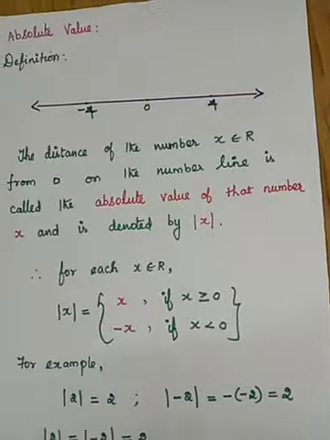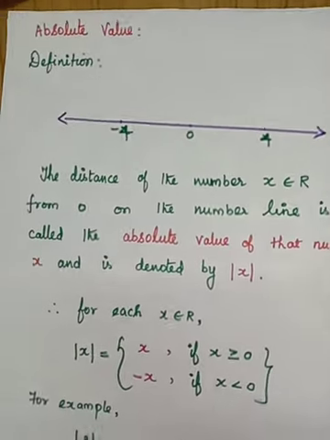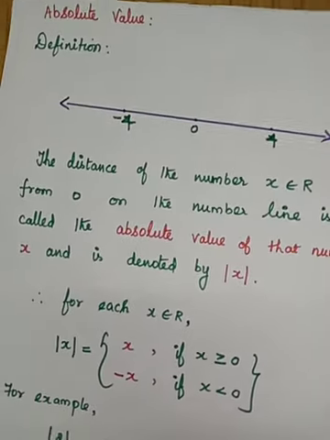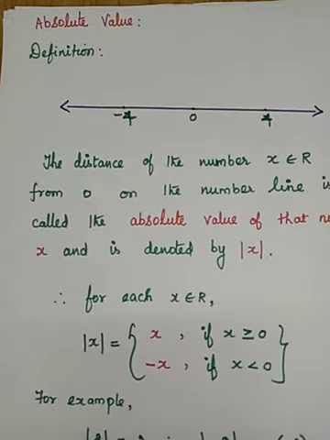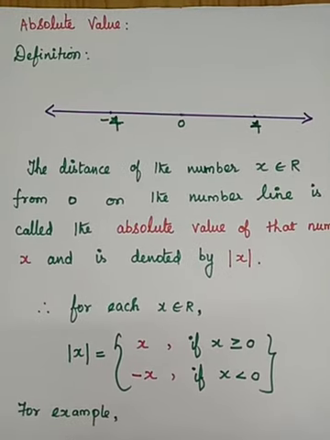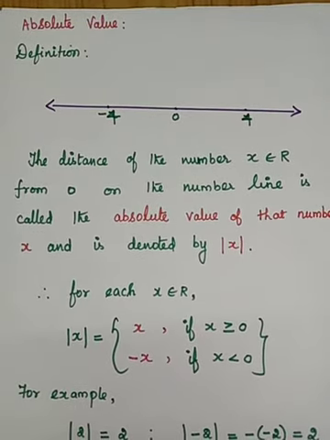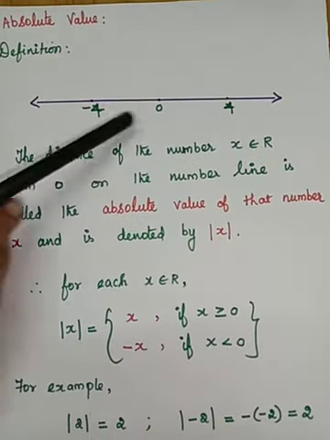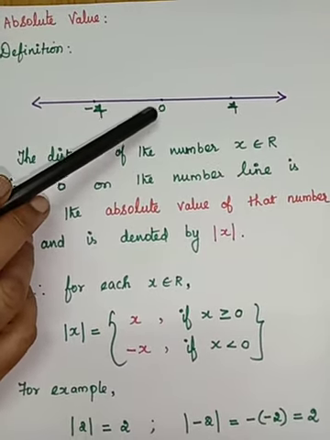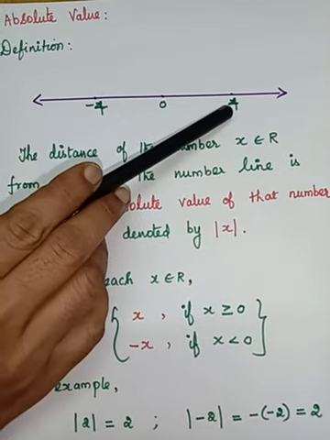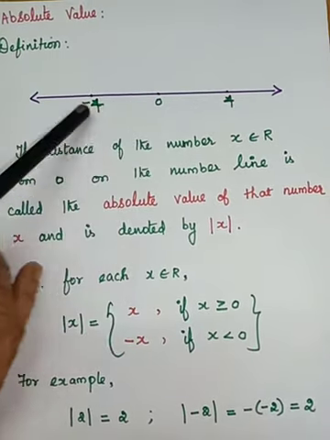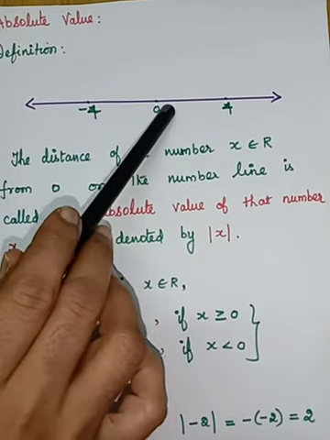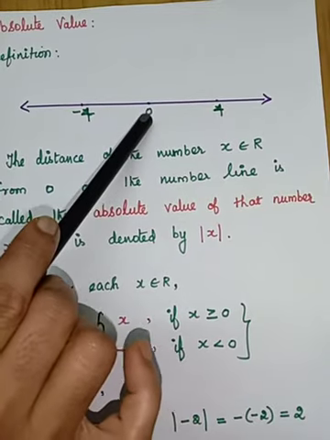Okay. So, we will come to the next topic. It's a very, very important one. That is the absolute value of any real number. Okay, absolute value of x, where x belongs to R. You see, I have drawn the number line. Here this is the origin, that is 0. And here I have taken the number 4. I marked 4 and minus 4. Okay, I just say the distance of 4 from the origin.